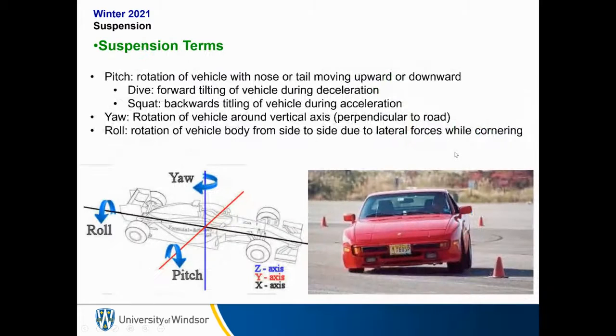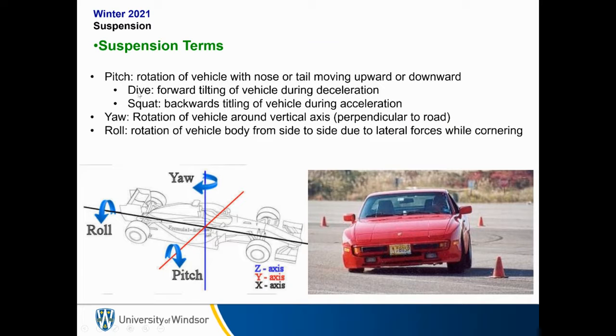Anyways, springs and dampers, the main components of a suspension system. Now, what about some suspension terms? Pitch. We're going to talk about 3 terms, and these are all about different rotations the vehicle can experience. Since there are 3 axes, we live in a 3D world, 4D if you consider time, but in terms of coordinates or physical space, we live in a 3D world, so there are 3 different types of rotations a vehicle can experience. The first is pitch, and that is rotation of the vehicle with the nose or tail moving upward or